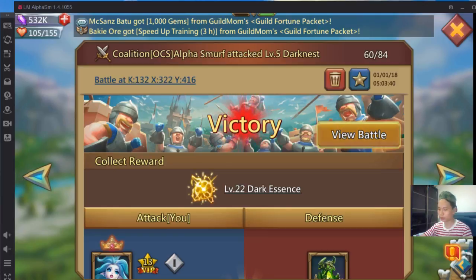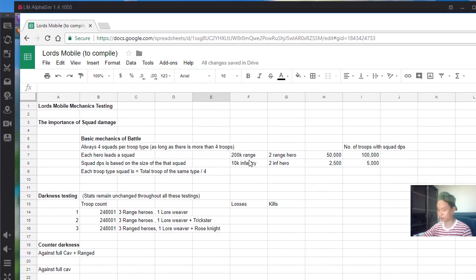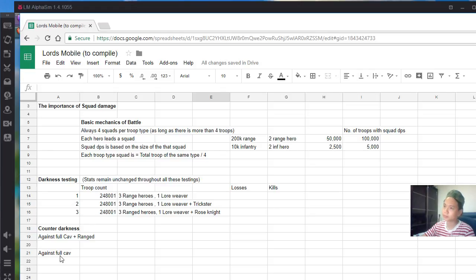So now we already went through some basic mechanics of squad DPS, and you need to send only 4. You have to send 4. This is how the mechanics work. So now let's go through more detailed testing. Just now I did some testing on darkness. So for the sake of darkness testing,